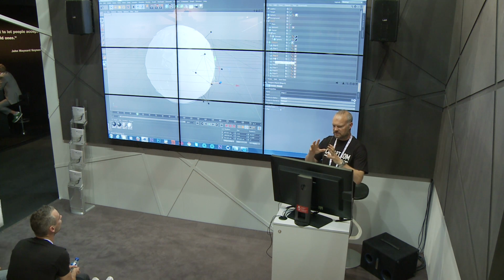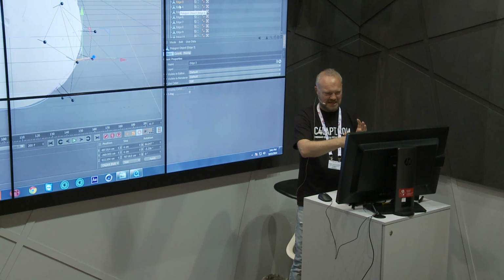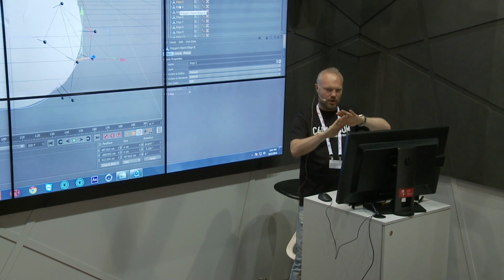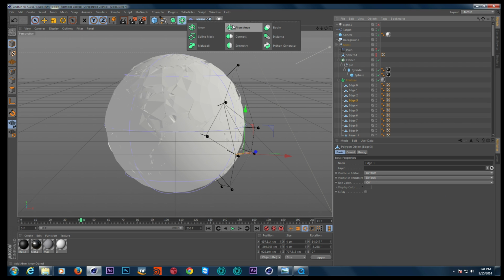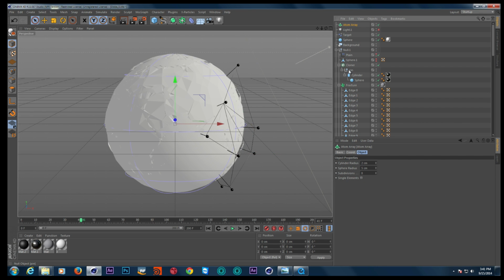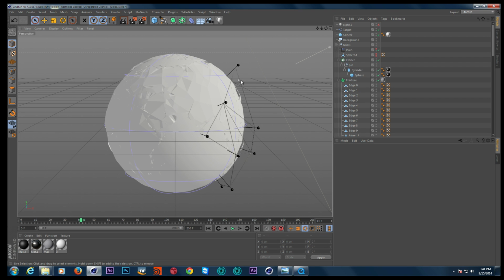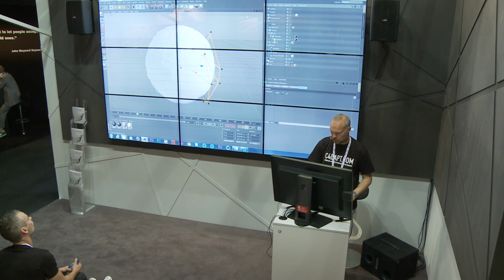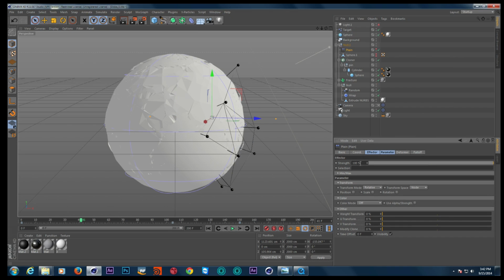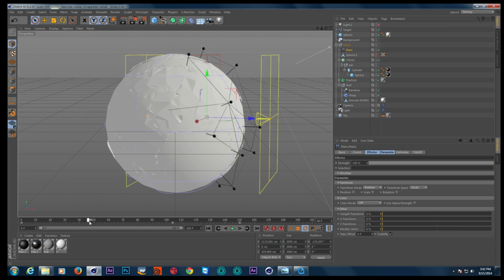I think I made an object, the tutorial on this one isn't finished. I made an object where there was a point on each location, and then I used the atom array to make these lines, and you put them into a fracture. They react like a MoGraph object, but you can control where they are. I'm pretty sure it has this plane effector on, and I'm animating a plane effector with visibility,